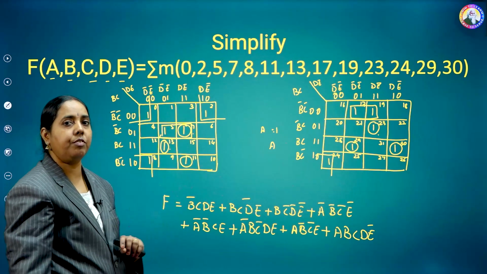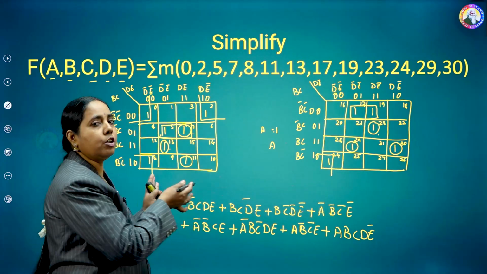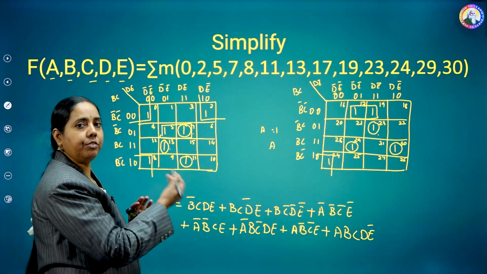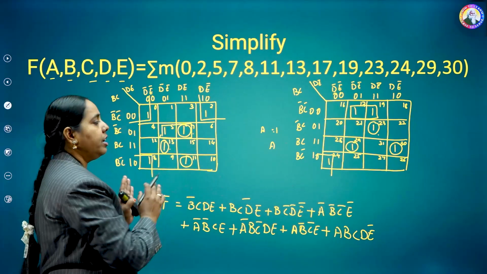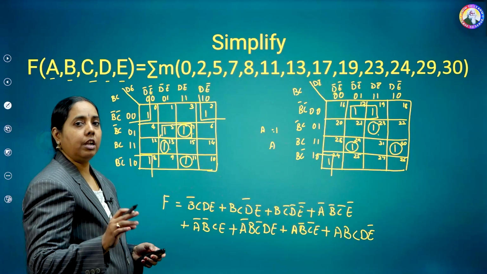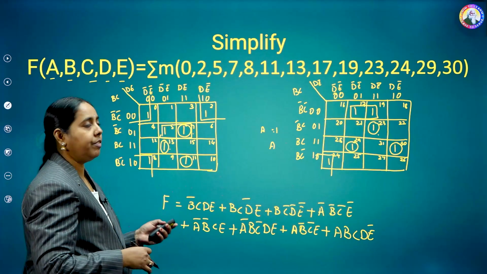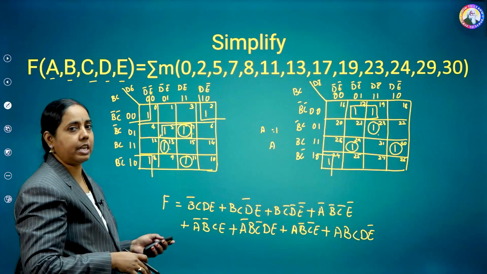The first rule that we need to follow in the 5 variable K-map is to first check for the common grouping. After doing the common grouping, I need to go for the individual squares and then minimize it. So this is all about your 2 variable, 3 variable, 4 variable and 5 variable K-maps, and how to solve by using those K-maps. These are the examples.